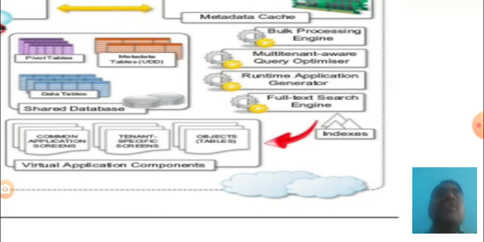There are virtual application components used to access the data available on the shared databases, and indexes are mainly used to hold information about the data, which is like data about the data, and this is also called metadata. The metadata cache consists of a bulk processing engine, multi-tenant aware query optimizer, runtime application generator and full text search engines.